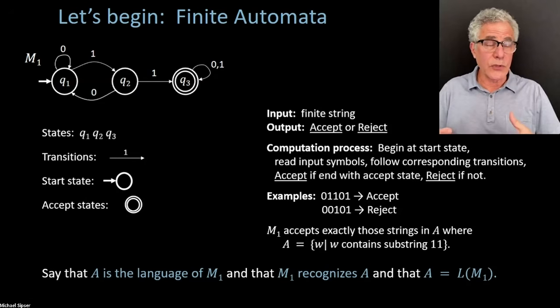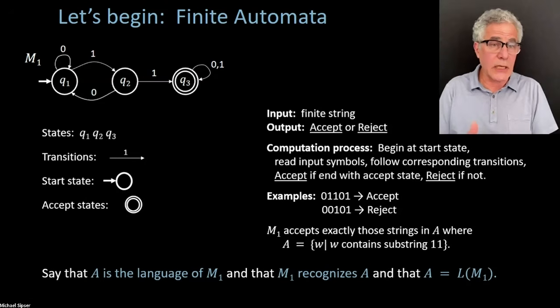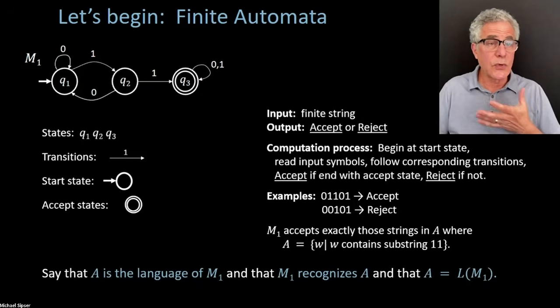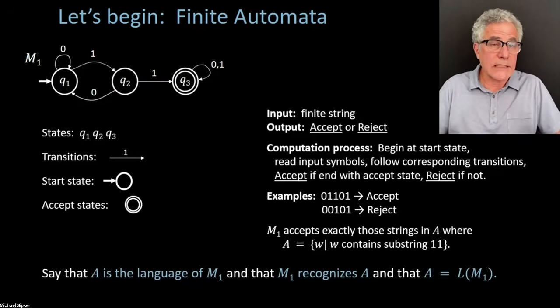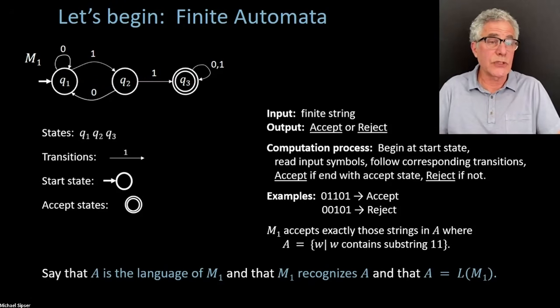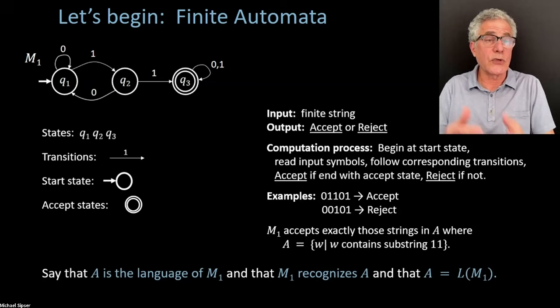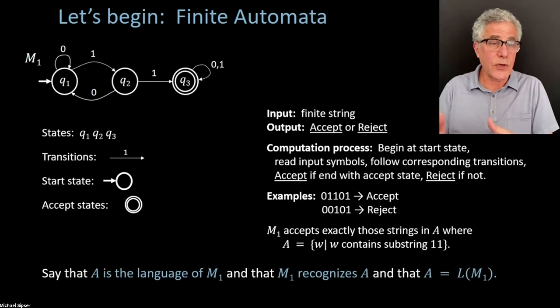Another thing we might want to do is, given a language, build a machine which recognizes that language. And then understanding what the class of languages is. Can you get any language from some machine, or are there some languages that you can do and other languages that you cannot do? So those are the kinds of questions we're going to be asking about these finite automata. What kinds of things can those machines do, and what can they not do?